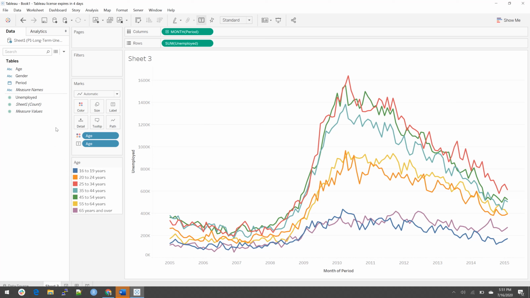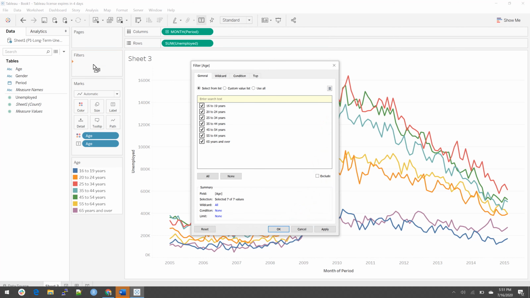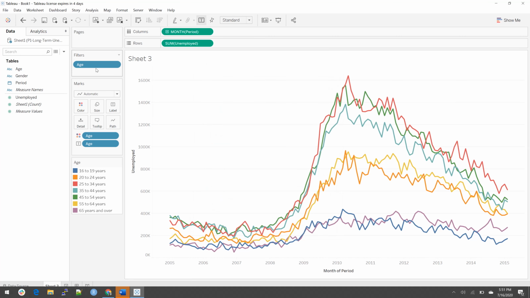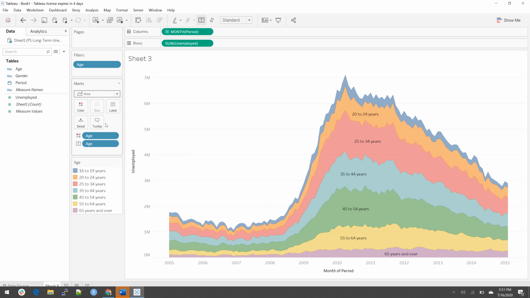And then we want to filter this based on the age. Let's drag this into the filter field. Here we can see all 7 different variable ranges, that is 16 to 19, 20 to 24, like that. Let's click on OK. Instead of viewing it in the line chart, let's use the area chart over here. See here,